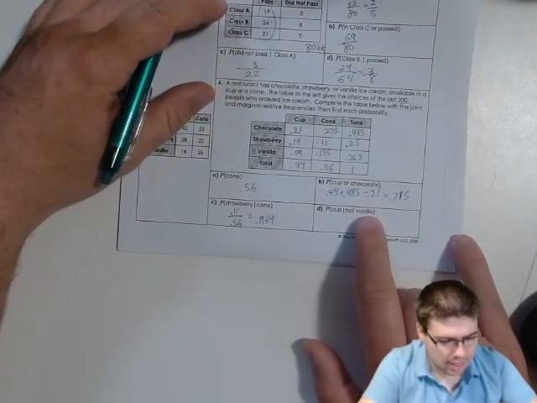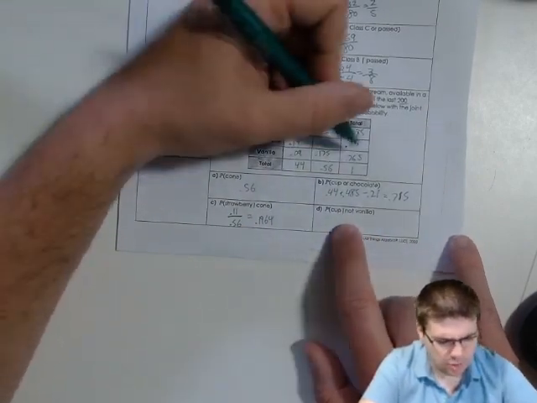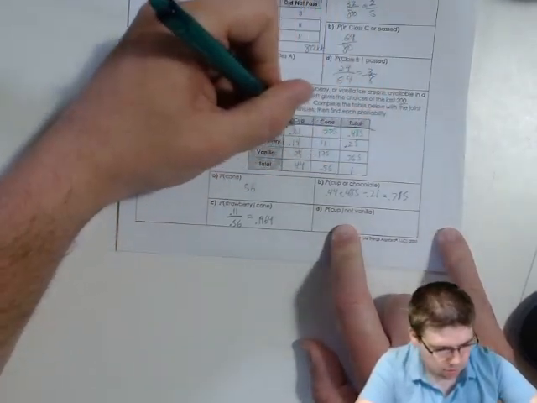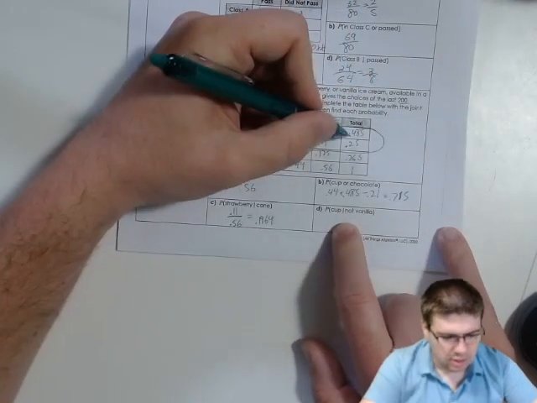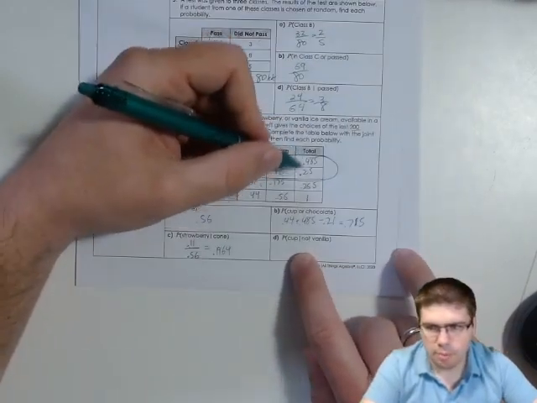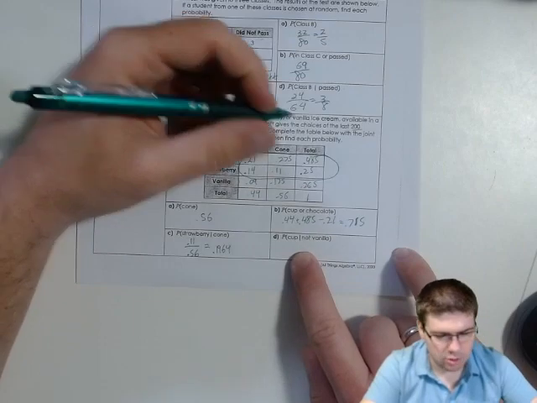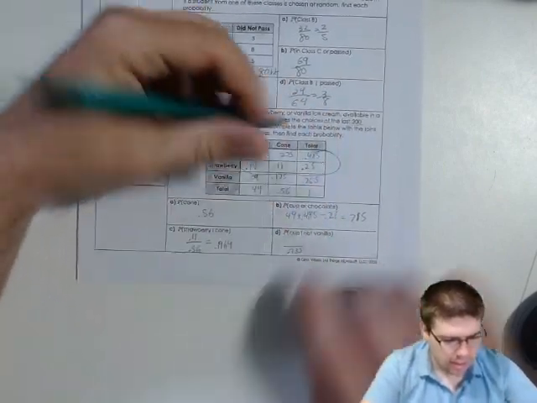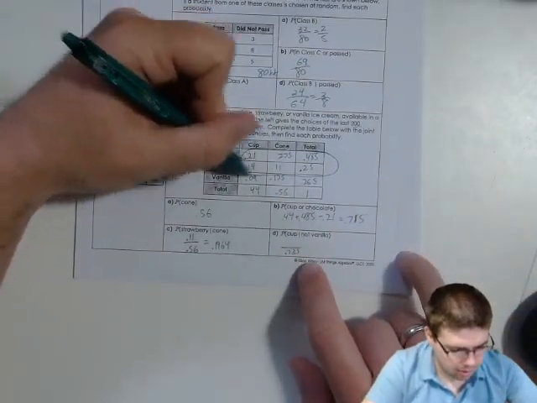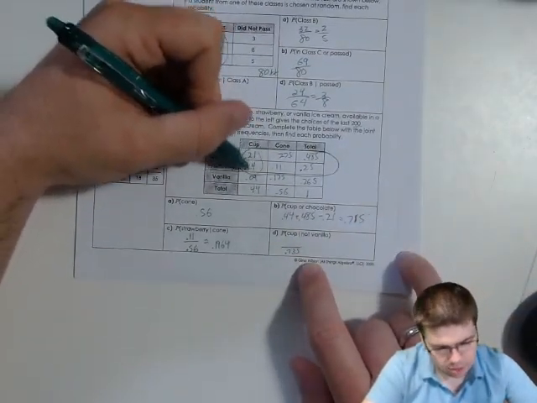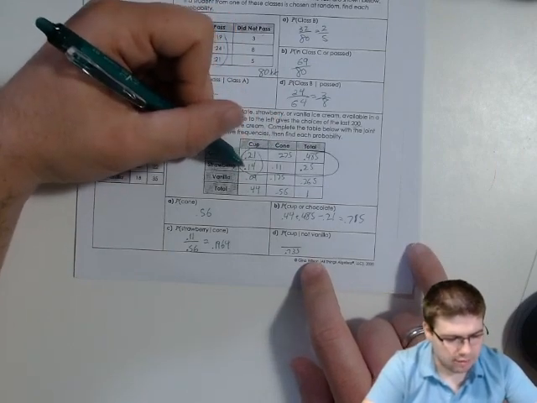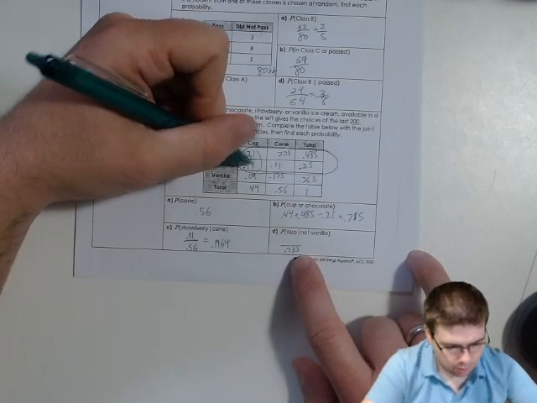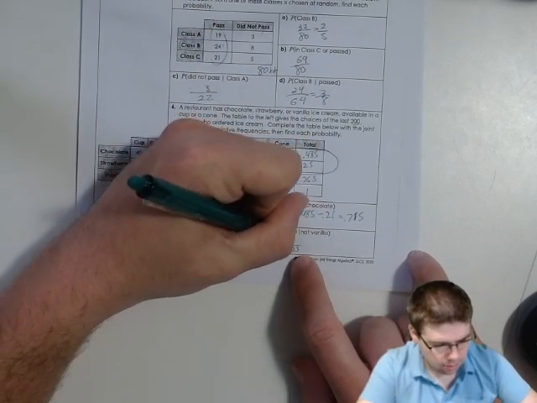And then cup given not vanilla. So this one's a little bit weird. So we're talking about our non-vanilla people, which is really, I'm going to circle it up here. It's out of those people. So we can add up those two probabilities together, 0.485 plus 0.25. So that'll give us 0.735. And so then we want to know the probability they got a cup, and that would be these folks, the cups, which we have to add those two together because we're combining these two rows, the non-vanilla people. So 0.21 plus 0.14 gives us 0.35 out of